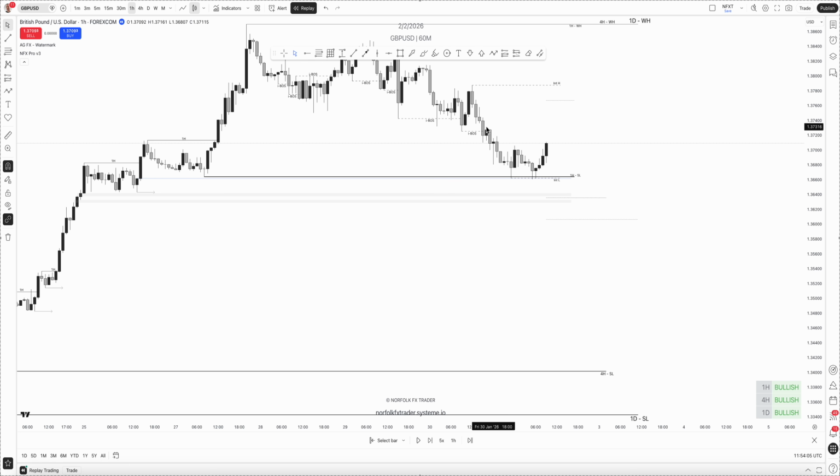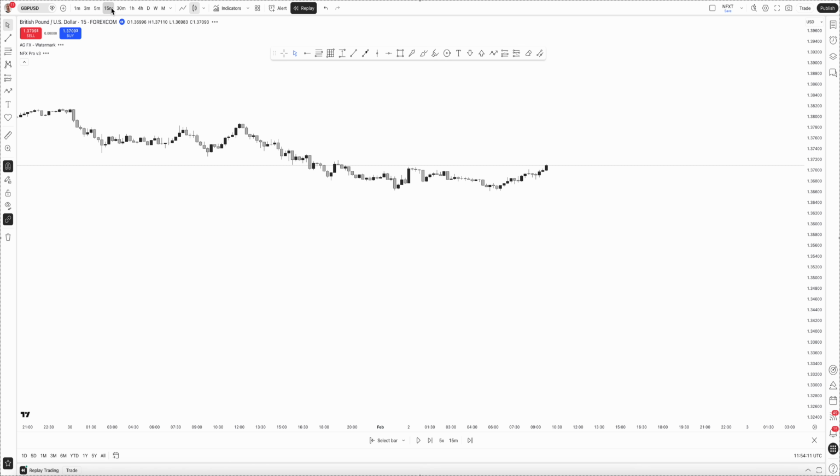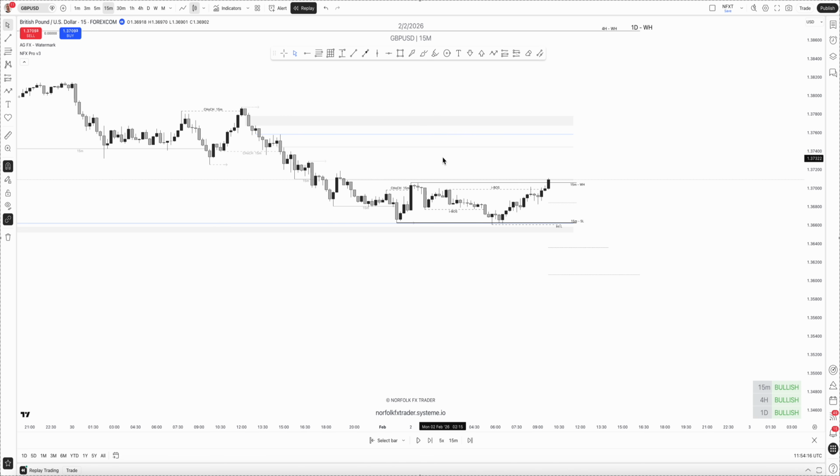So there should be one plotted here. It's not within a swing, so there's not going to be one plotted. So let's go to 15, just so I can show you how this automates this for you. Again, we have some imbalances sitting above here. We have 3 sitting above. So these are areas, and these arrows you're going to see swing highs where the market's likely to want to